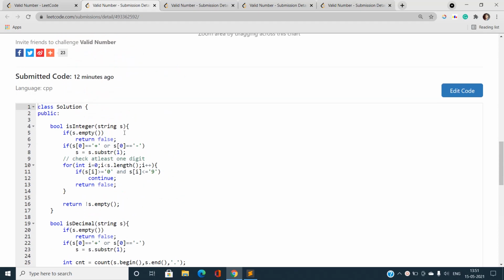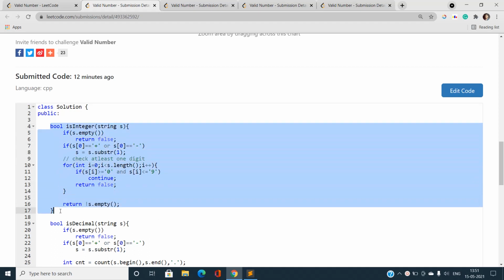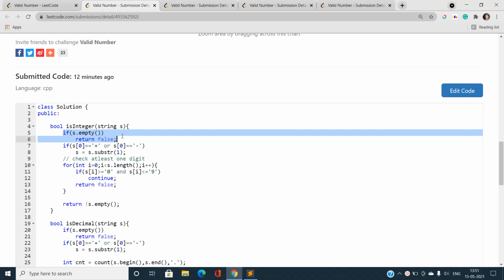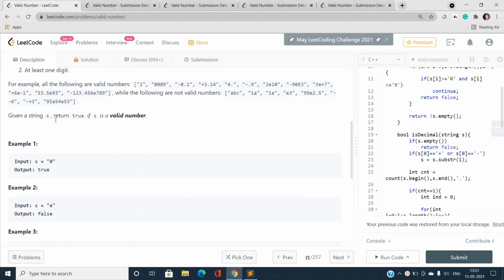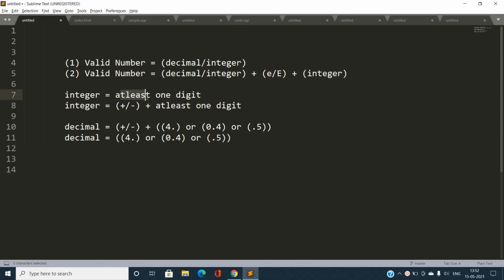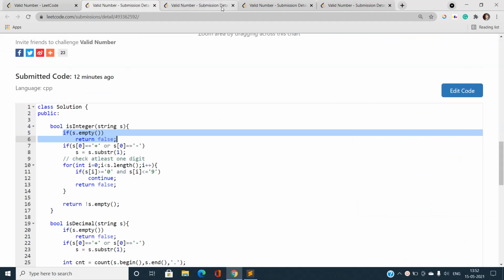Whenever I have to check an integer, let us try to write that code first. If the string is empty, I have to return false, that is, an integer is not possible. At least one digit should be present there according to the definition. Let me close all these tabs.